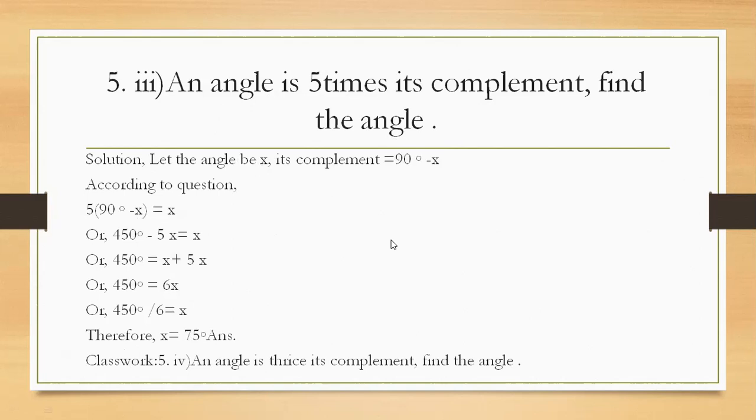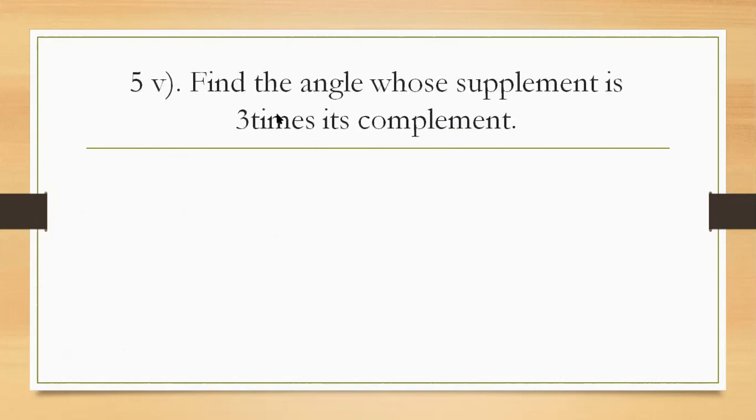Okay. Class, open. And now find angles whose supplement is 3 times its complement. Let the angle be x, and the supplement of this angle is 180 degrees minus x, and the complement of this angle is 90 degrees minus x. And it's clearly telling that the supplement is 3 times its complement. Means this supplement is 3 times the complement. Then if you multiply the complement by 3, then they will be equal, because the question is telling clearly this 3 times.